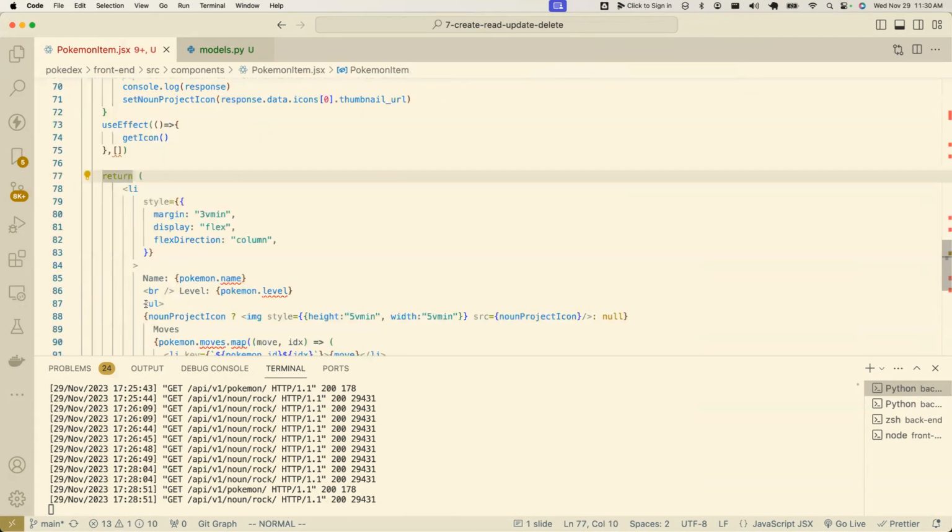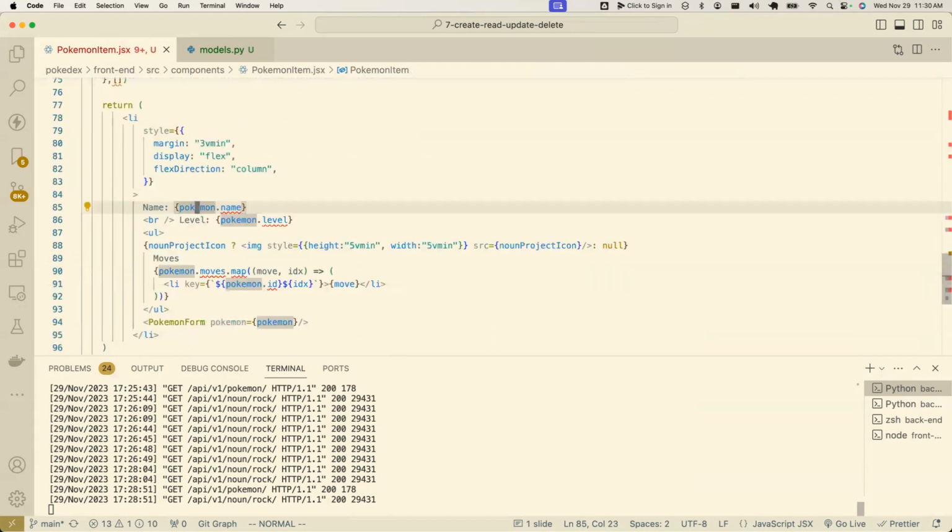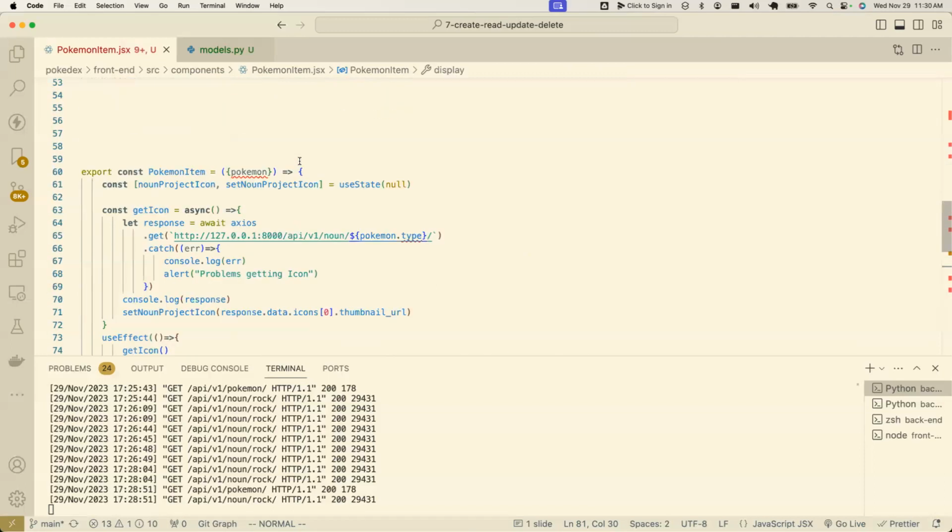And then that gets passed in, and all the Pokemon stuff gets passed in here. So some of this stuff we may want to use elsewhere. We can kind of see as we go. We might end up wanting to put our update Pokemon logic here,